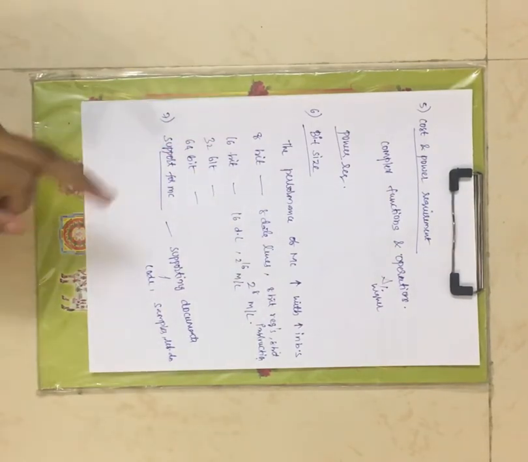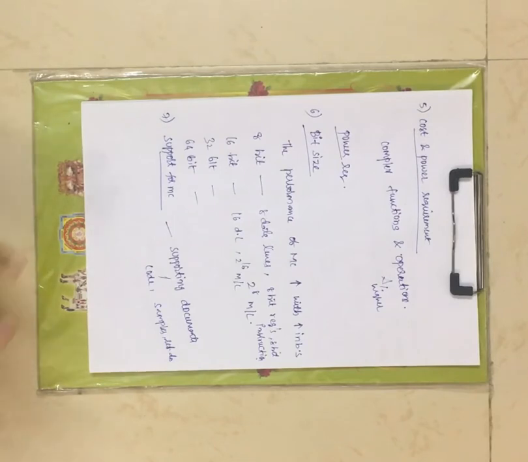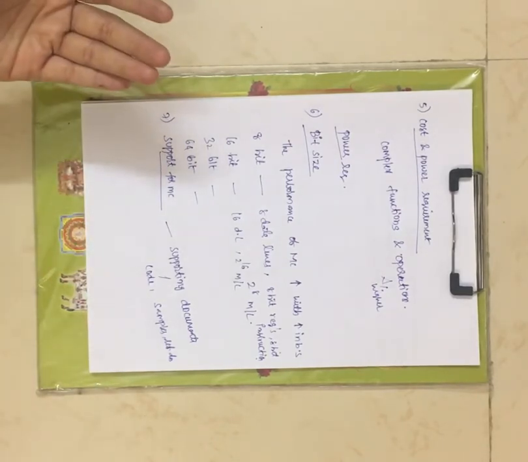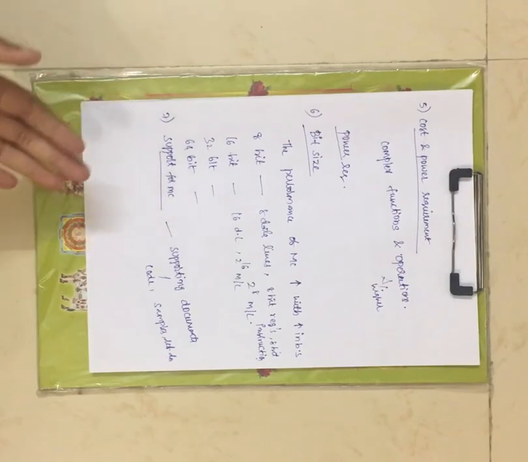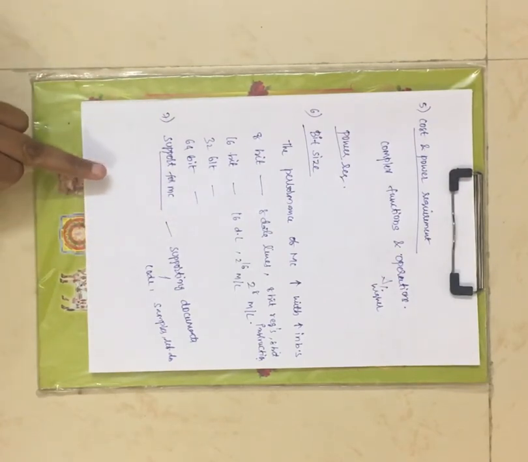Now the last and most important factor in selection of a microcontroller is, while choosing a microcontroller for your project, you have to look for supporting documents that include code samples, reference designs, like this. Now why? Because if you face any problem during the step-by-step implementation of your project, you can read these documents and you can ask for help.